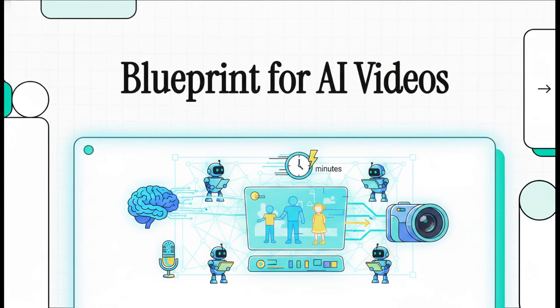Welcome to this explainer. If you've ever wanted to create digital content, you've probably slammed right into the usual roadblocks. We're talking expensive gear, ridiculously complicated software, and just a serious lack of time. But today, we're going to dive into a blueprint that bypasses all of that. We're exploring exactly how artificial intelligence is fundamentally changing professional video production.